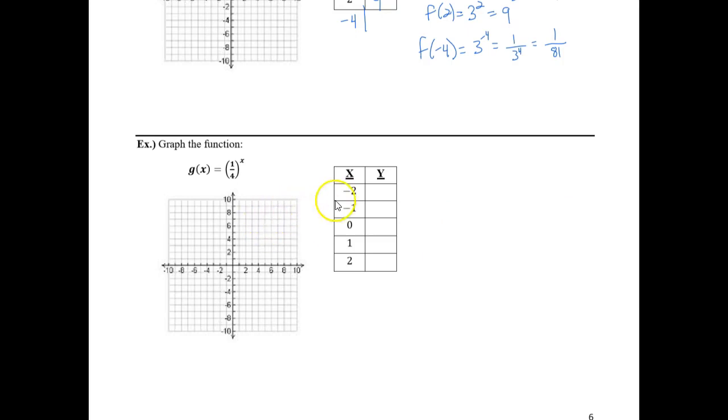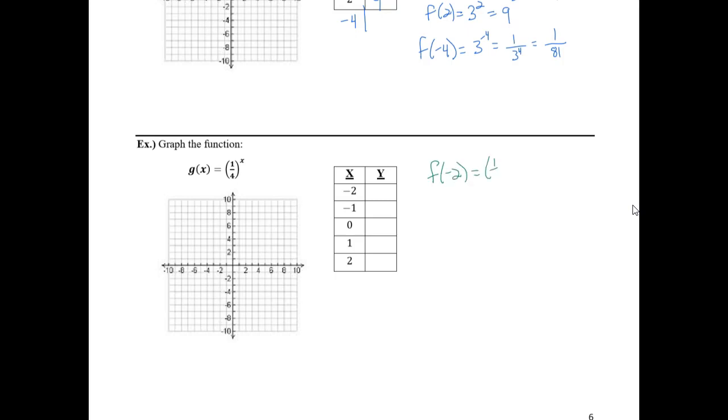Alright, let's see how you did. Keep in mind that on a test or something, these numbers won't be there. You just have to pick them. You pick the x, you plug in x, you evaluate to find y. Alright, so f of negative 2